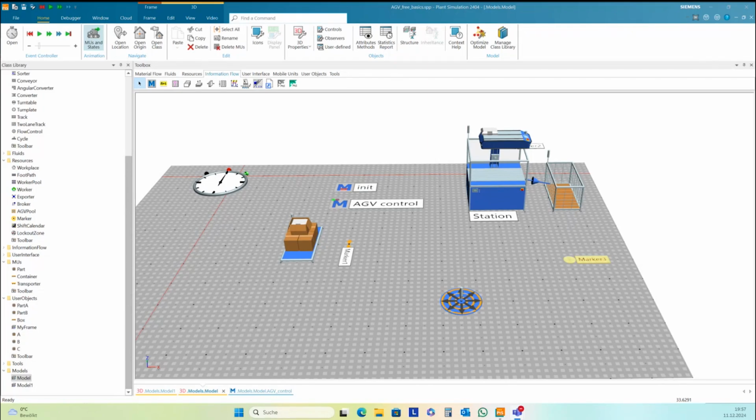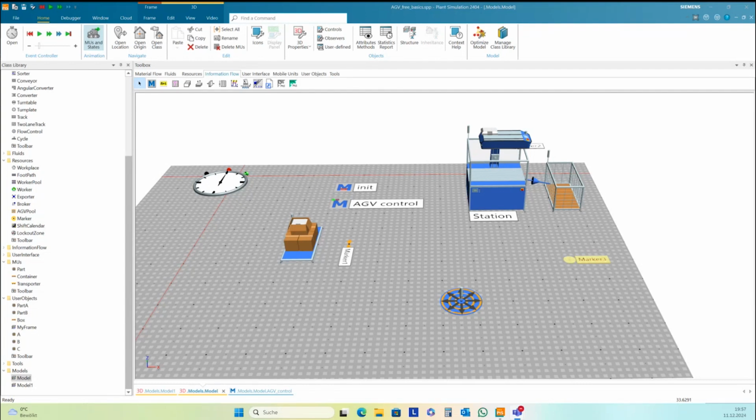And there's a step-by-step help in Plant Simulation. And I have a book called Plant Simulation, and in this book are almost 300 examples you can test and try. Everything that you need is available.